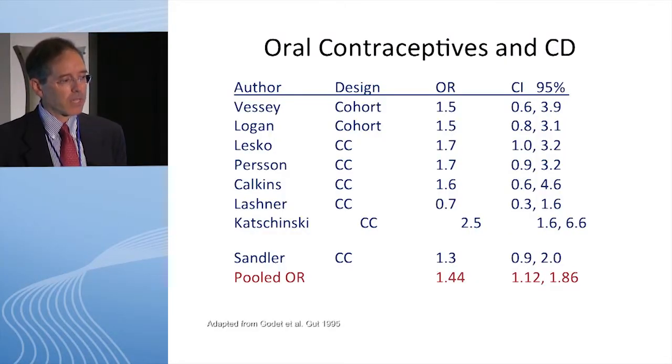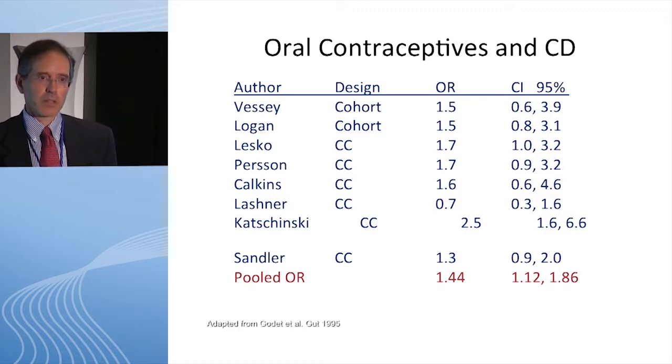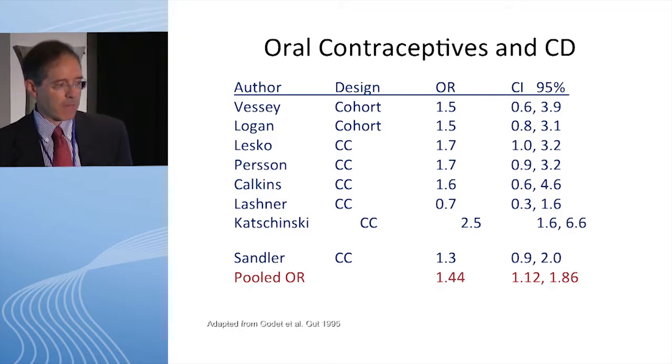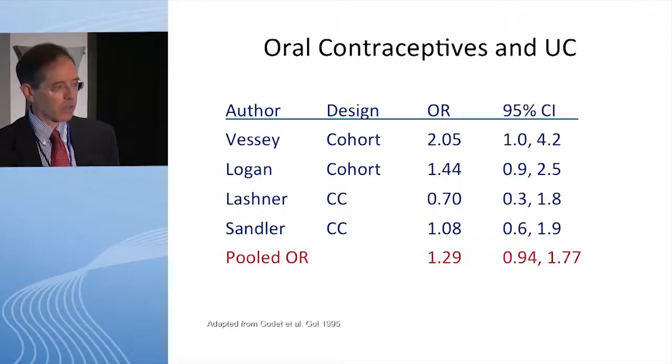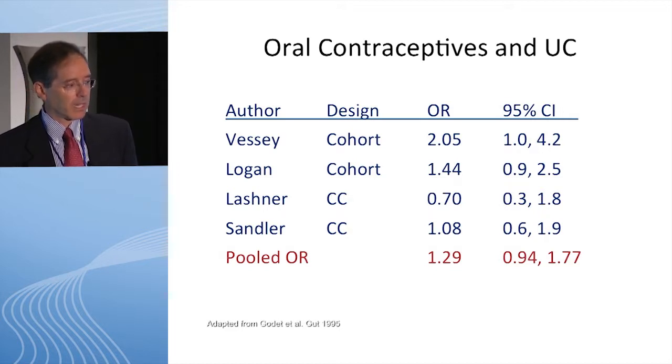Oral contraceptives in Crohn's disease are perhaps, and I'd say this data is still somewhat shaky despite the broad number of studies, a weak risk factor, where there's probably a stronger subset of patients who have a particular reaction and may provoke Crohn's disease, less so ulcerative colitis. So again, we're beginning to see a distinction not just in smoking, but with things like oral contraceptives, which doesn't come up as a risk factor that's statistically significant.